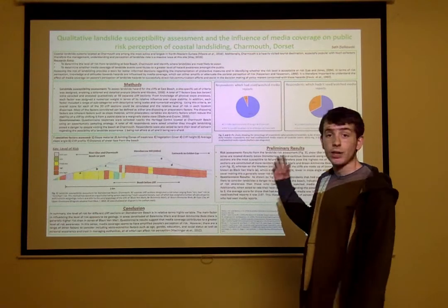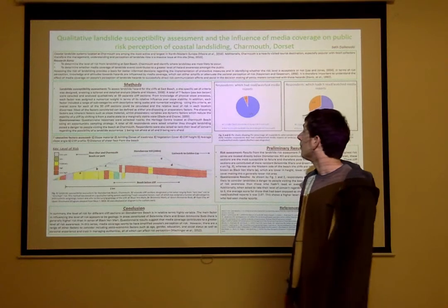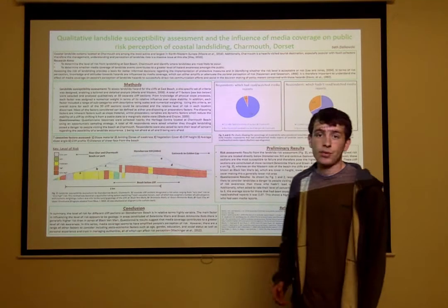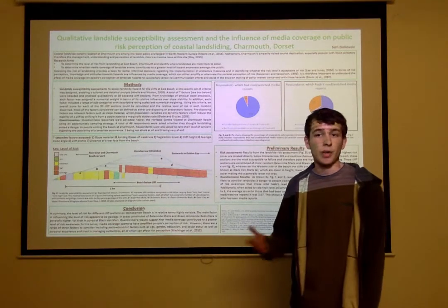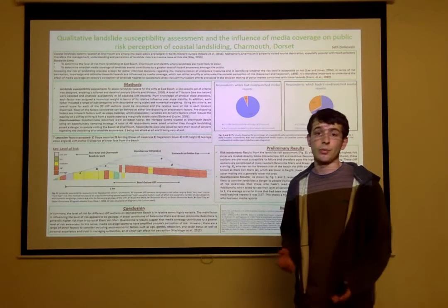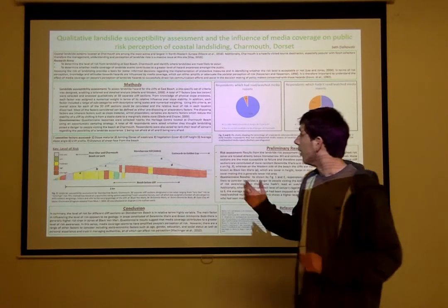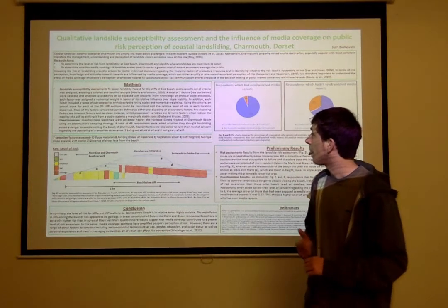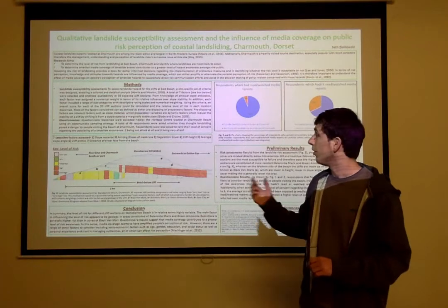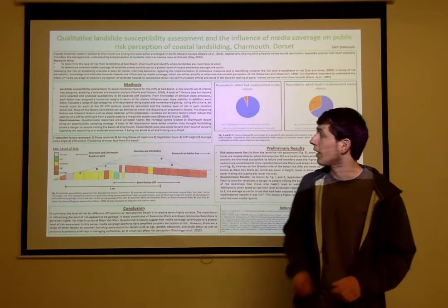The one focused on here is media coverage. Media coverage can either amplify people's risk perceptions, or in some cases it can cause them to underestimate certain risks as well. Okay, so in terms of methods used to determine the level of risk, I conducted a landslide